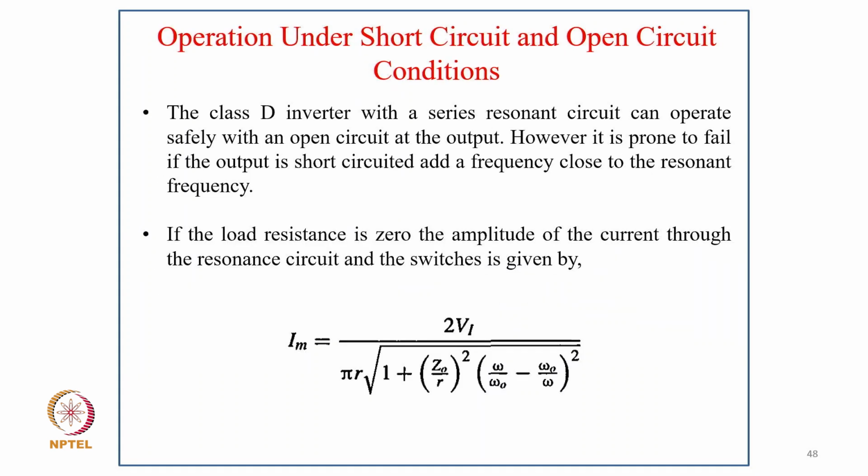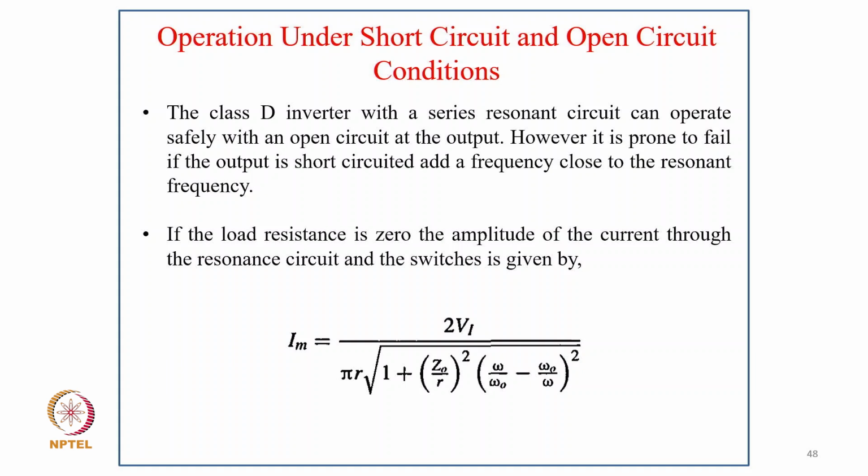So now coming to operation under short circuit and open circuit condition, the class D inverter with the series resonant circuit can operate safely with the open circuit at the output. However, it is prone to fail if the output is short circuited and the frequency is close to the resonant frequency. If the